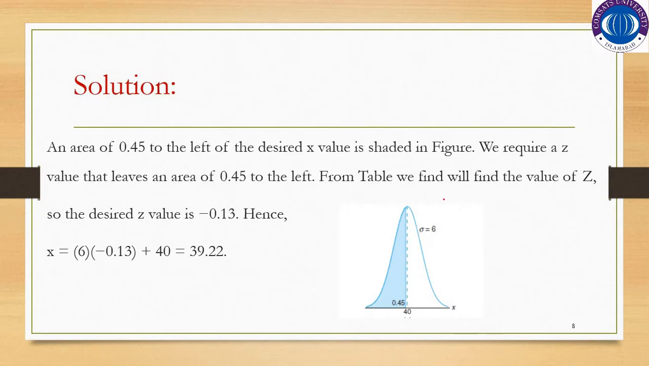So this is the situation in which we have the mean 40, and here we will have the value x below which is the 45% of the area. So if I locate it on the standard normal distribution curve, so this is the normal curve,